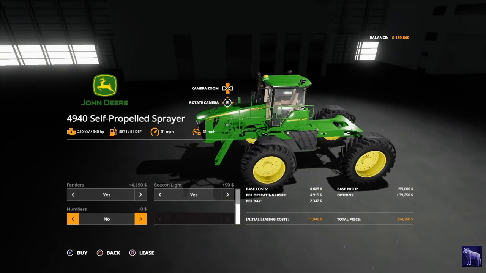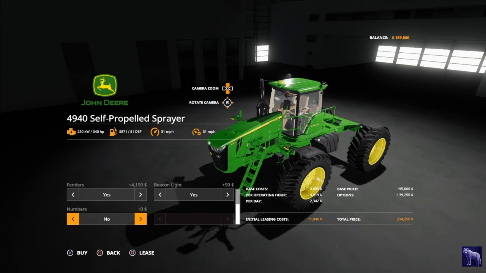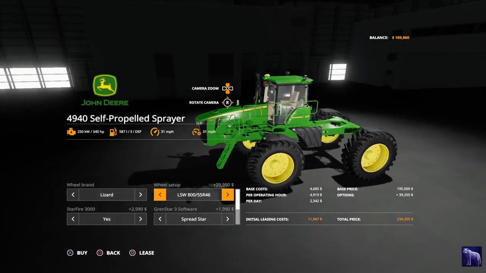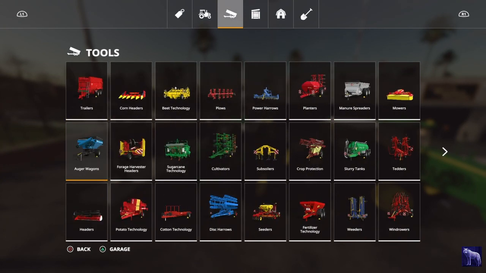And then when you add numbers, you can add either number right underneath the John Deere logo right in front of the cab, from 25 all the way down to 1. And this costs $5 per sticker. So with the numbers, the beacon light, fenders, Green Star 3 software, Starfire 3000 navigational system, and wheel setups, the maximum price for this John Deere 4940 self-propelled sprayer body is $255,